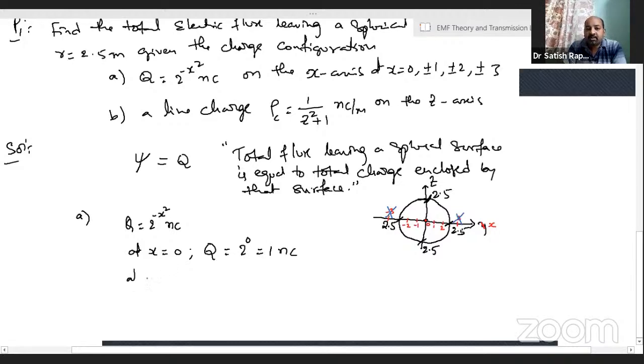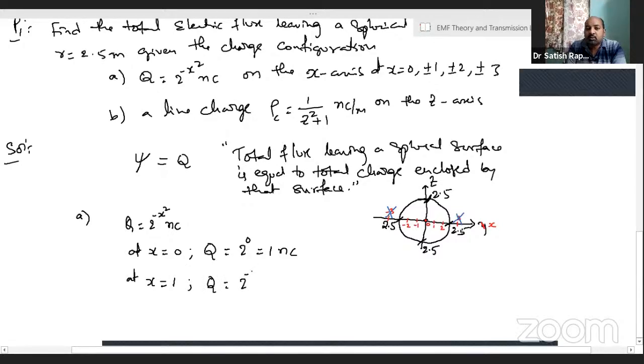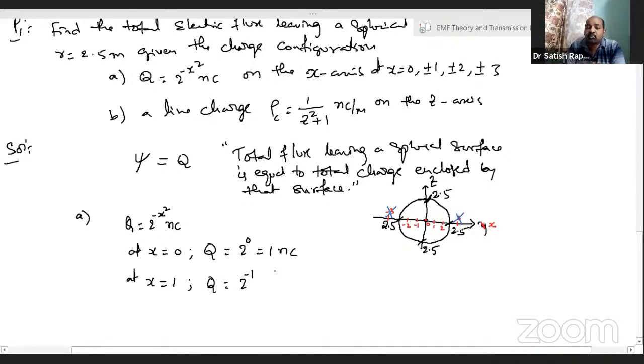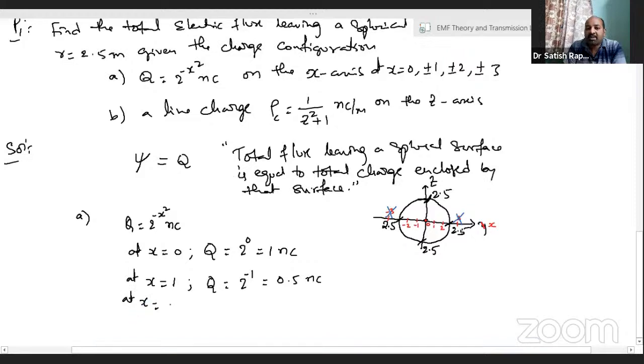Similarly, at x equal to 1, what is Q? Q is equal to 2 power minus 1, minus 1 square, that is 1. Therefore, this is equal to 0.5 nano. And similarly, at x equal to minus 1,